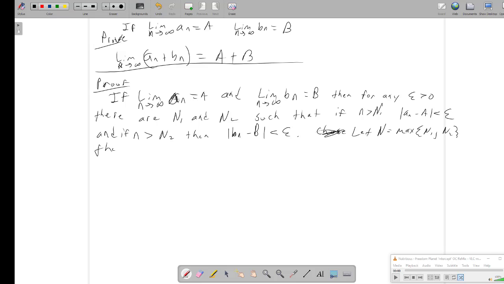Then, if little n is bigger than N, we must have |a sub n plus b sub n minus (a plus b)|